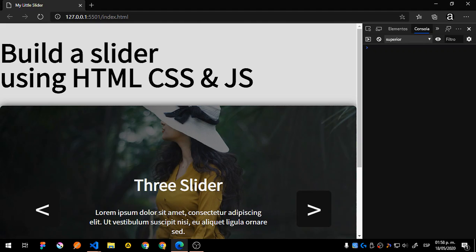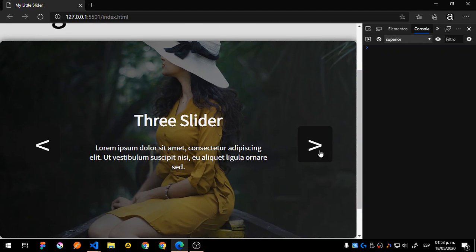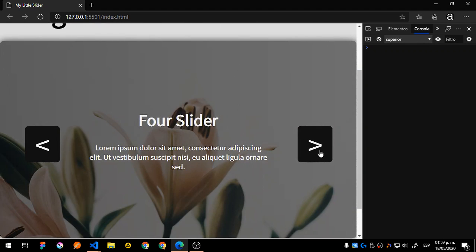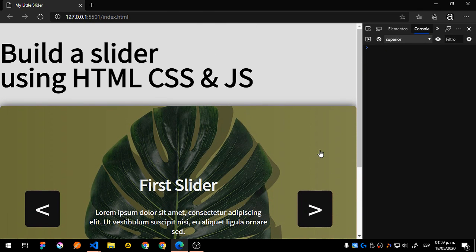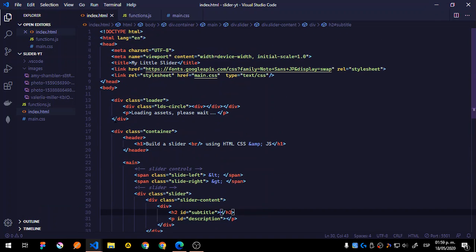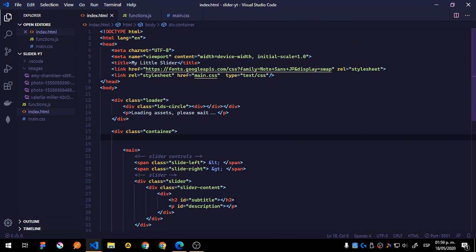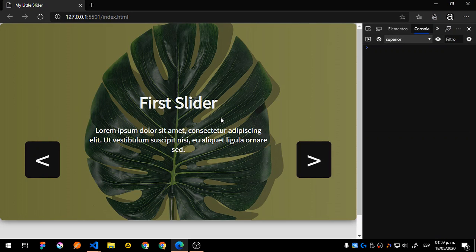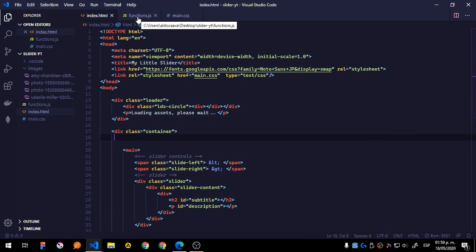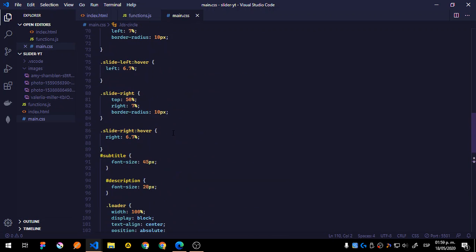So yeah, well, it was a small project. It took a few bits to complete. You can see that it's working. Of course, you can just go here and remove this header. Okay, and this is going to be here. We will need to change this, but we can just set it for the slider. So let's go to the slider,